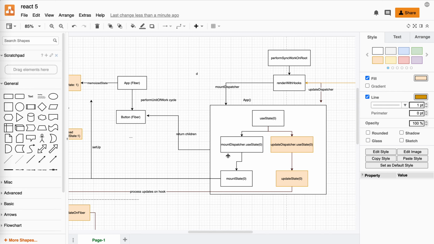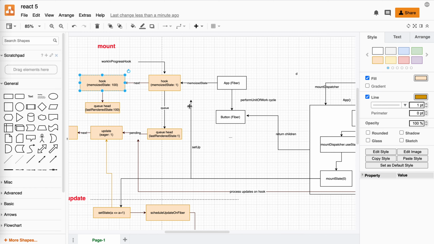Now the third state becomes the second state. But that doesn't break anything, right? It only updates the hooks. If I chain it up, if I just remove them,